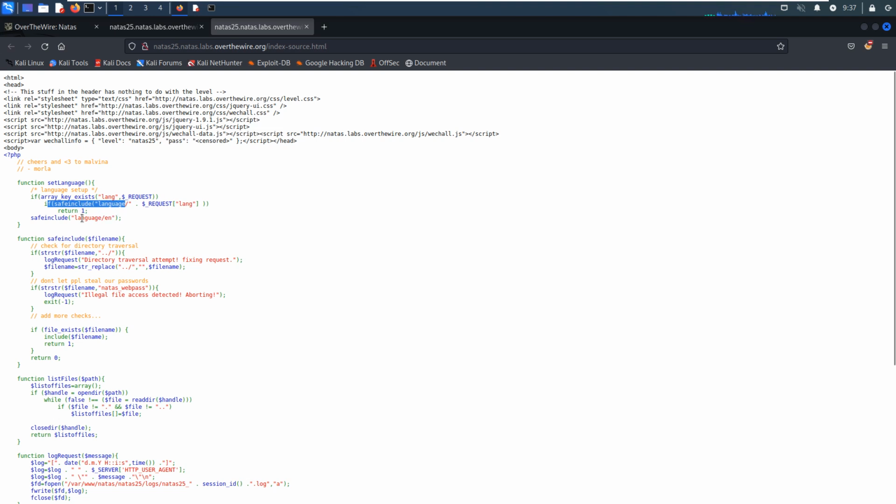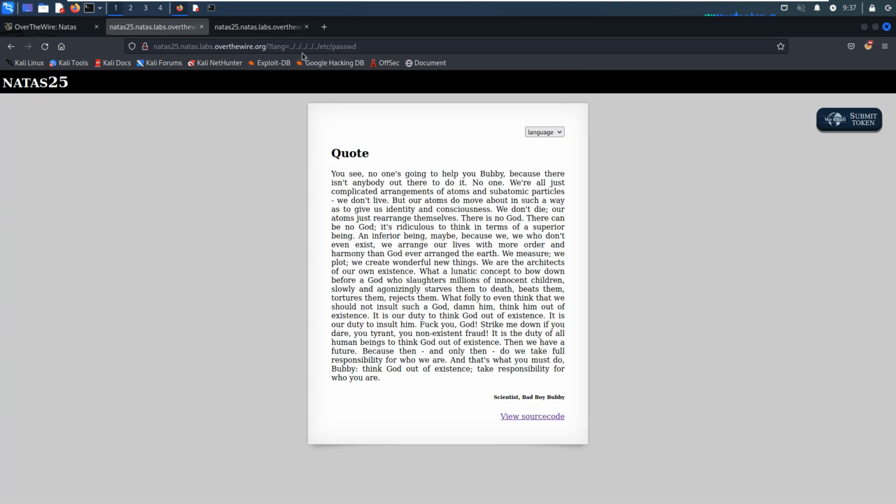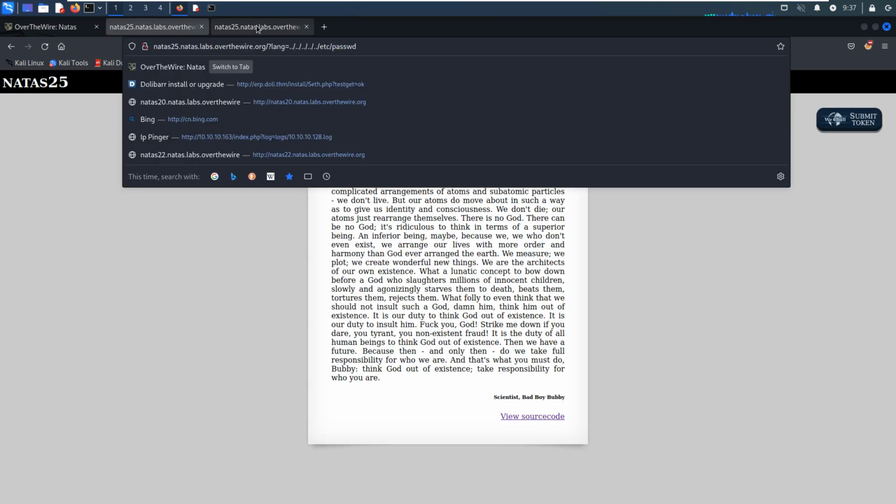Okay, so safe include will pass the parameter file name and check whether there is any traversal string. This is a very common technique when we try to exploit a file inclusion vulnerability, just what I did just now.